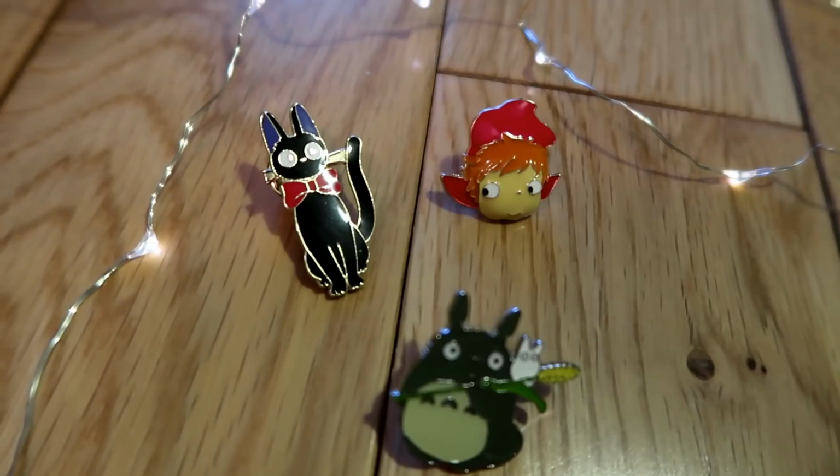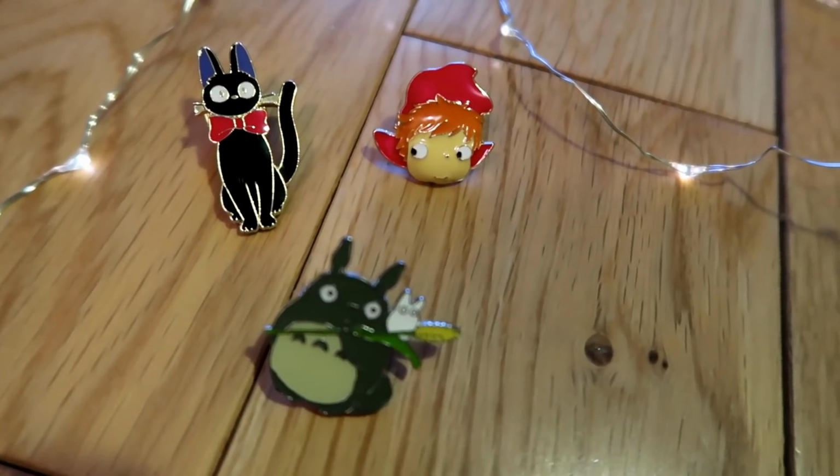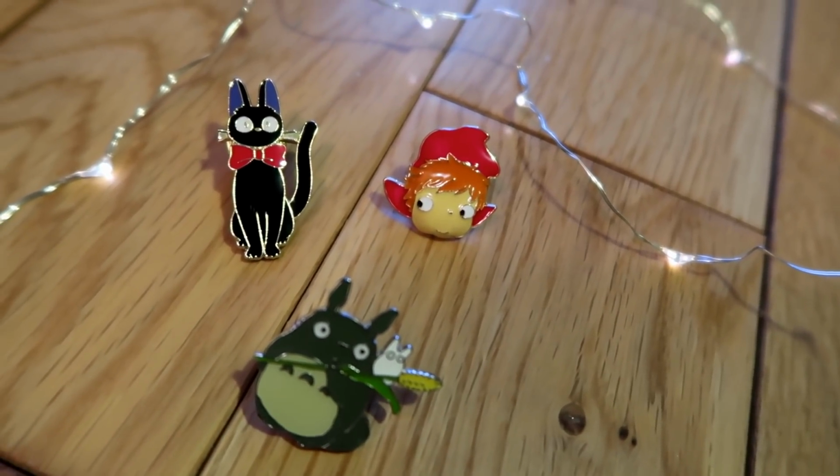So I just loved it. And the pins are something that was everywhere. Japan seems to love pins just as much as I do, because a lot of stores have pins, which might just be for any character that you could think of, but a lot of obviously Studio Ghibli pins as well. So I got this Totoro one, I have a Gigi pin, and then I also have a Ponyo pin,